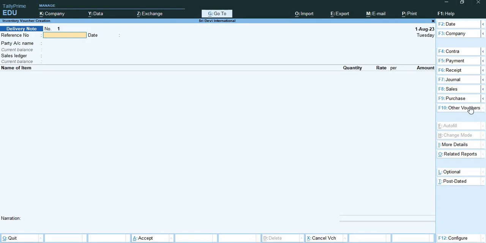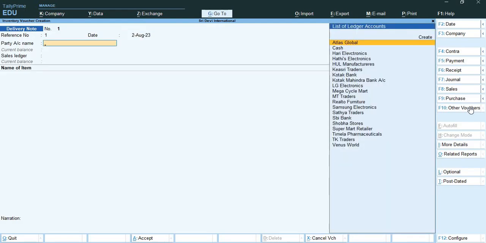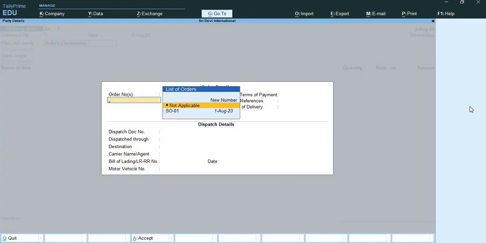Here, the question says that as on 20th August 2020, Shri Devi International delivered the following stock items against the sales order number SO01 to Hathis Electronic on credit with delivery note number and tracking number 1. So I'll keep a reference number as 1. Change the date to 2nd August. Party account name will be Hathis Electronic. And now I will link the order number SO01 with the delivery note,